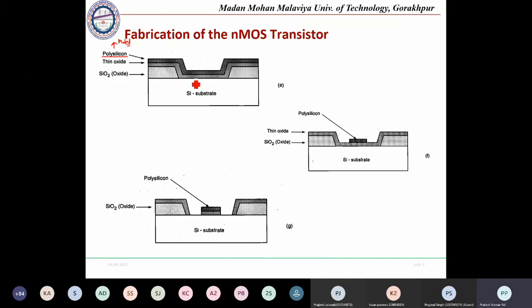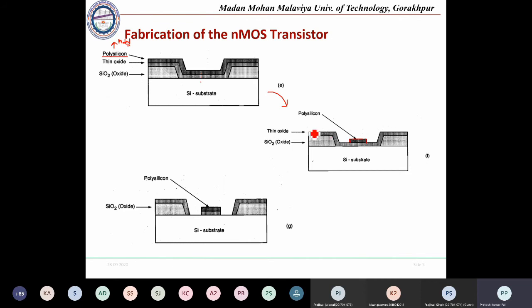Once we have deposited oxide, to make a contact, this will be semiconductor, oxide, and a metal. The metal will be polysilicon, or it could be aluminum. That polysilicon layer will be deposited in the complete region. The next step will be the etching. If we are removing the polysilicon layer other than the gate region, only the polysilicon layer of the gate region will be remaining.